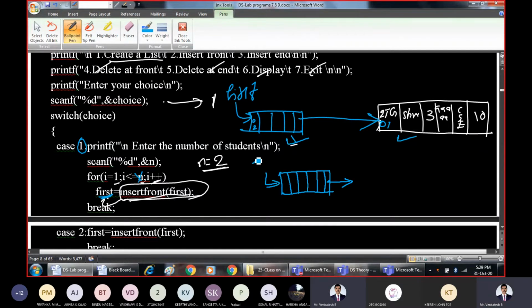So this is my first node. For understanding purposes, I will be taking only the reference USN number 1 and USN number 02. Remaining parts I will not be writing because that will unnecessarily consume time and space.